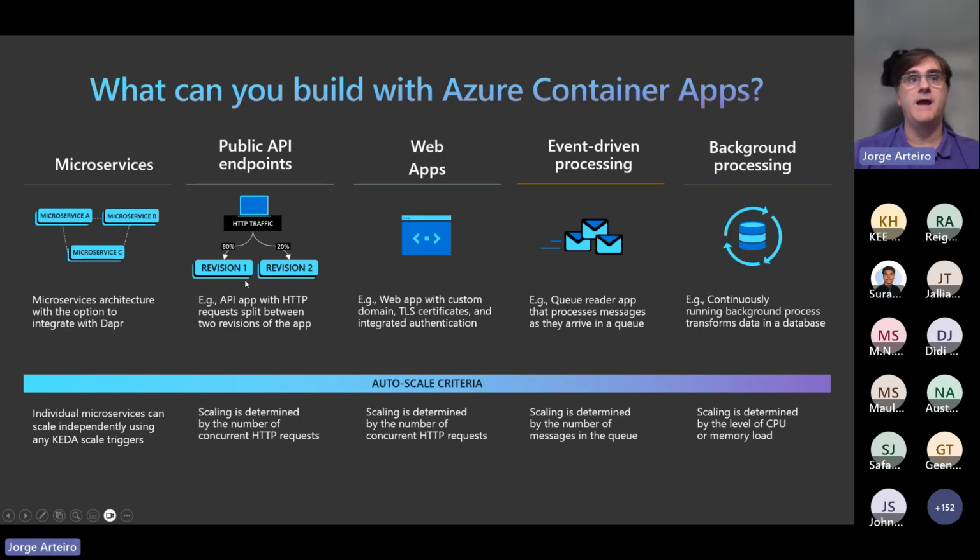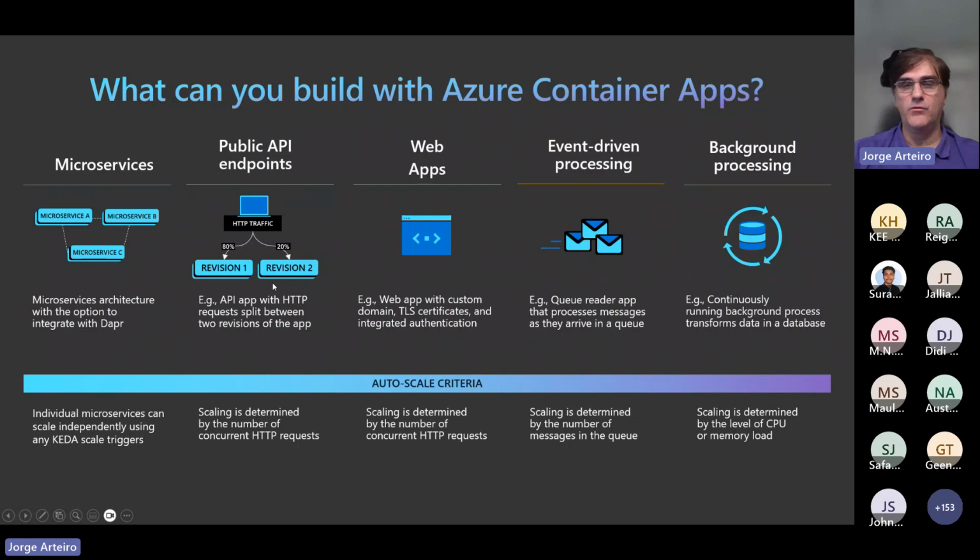You can use it for public APIs, having what they call traffic split. You can have multiple versions running, called blue-green deployment or canary deployment. Canary deployment is very useful when you have one version and you want to deploy the new version, but you don't want to send all the traffic to the new version. You want to make sure it's working first. You send like 20% of the traffic to the new version. And when everything is going well, you can start sending all the traffic to version 2, and then you stop version 1. That's a nice way to do traffic splitting and deployments as well.